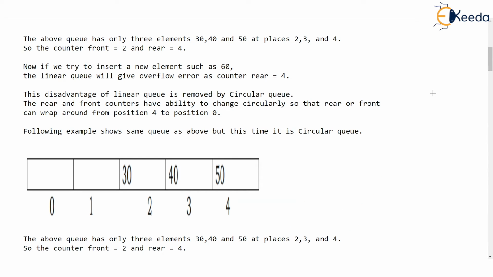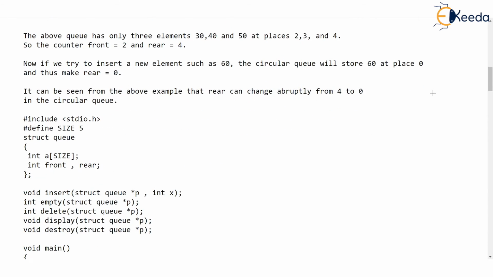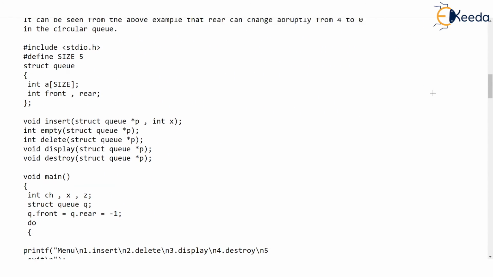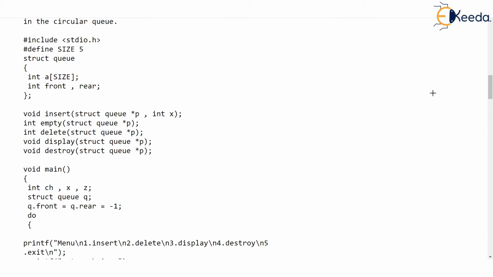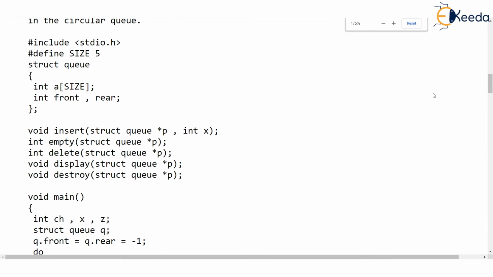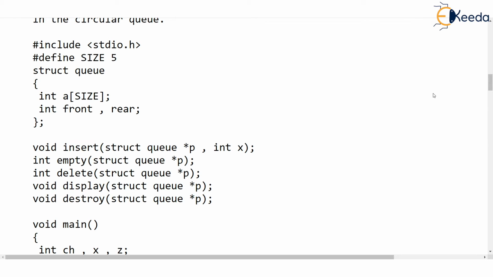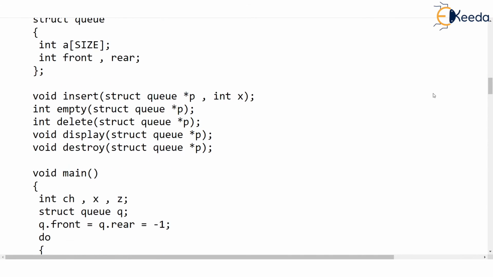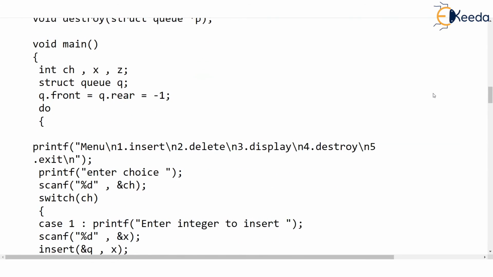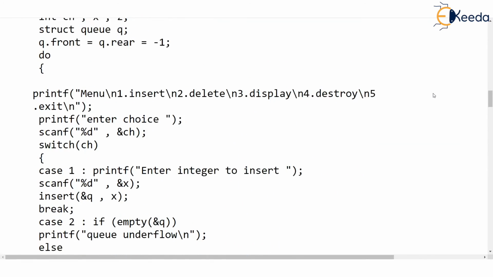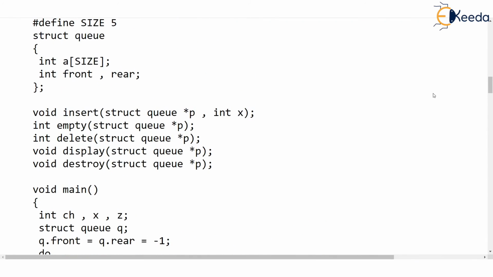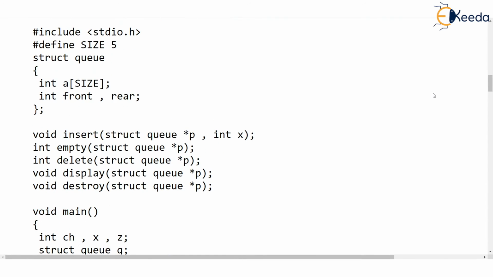So when we come back in the next video, we will see how to implement this circular queue. I promise most of the things will be same as seen in the linear queue, like declarations or the function calls will be same, except the behavior of insert will be a bit different and delete also will be a bit different, because you have to wrap up from the last element to the first element. You have to go circularly in the array. So that would be the only change.